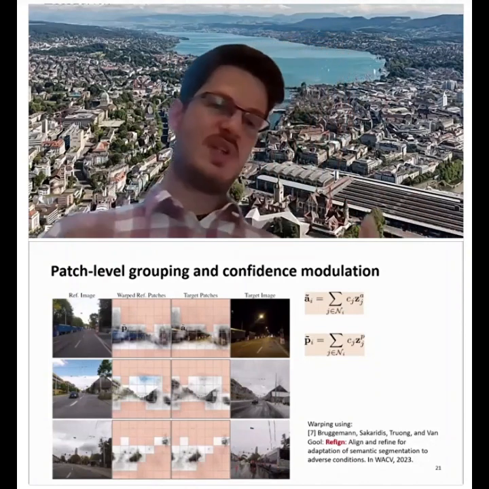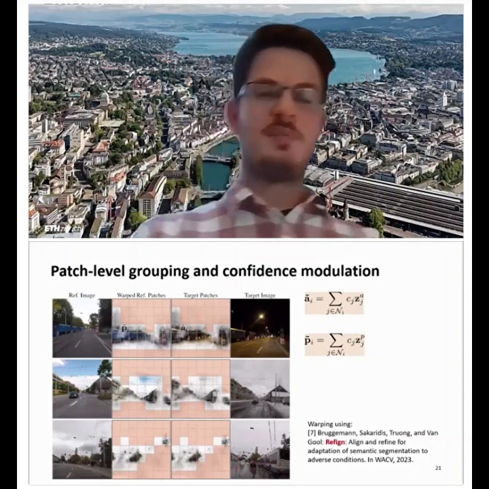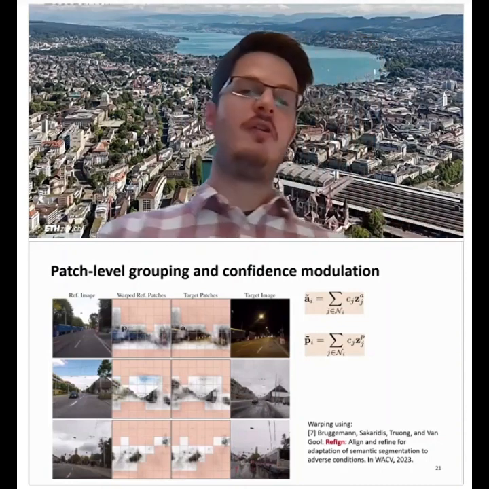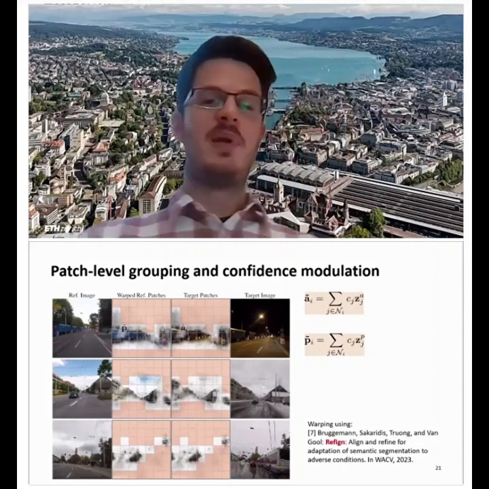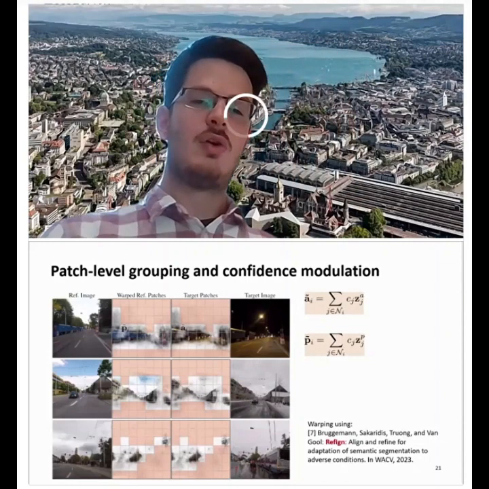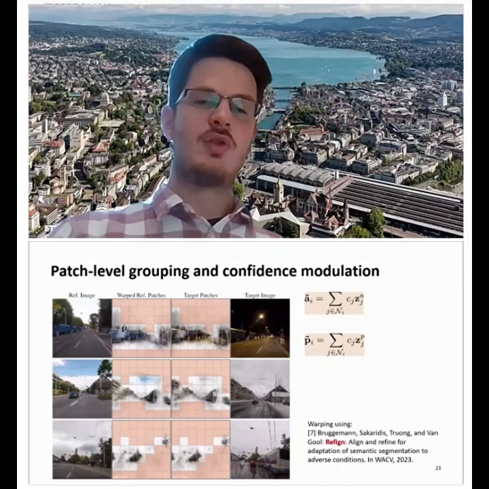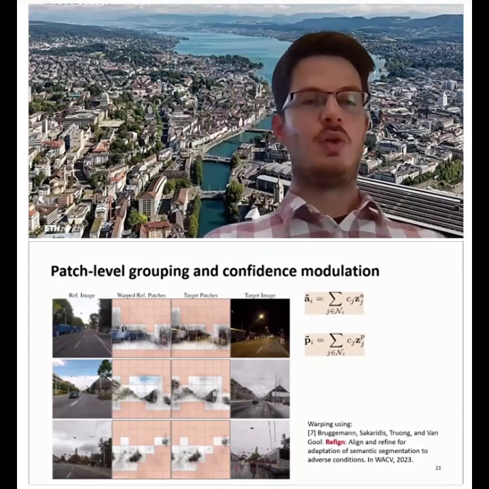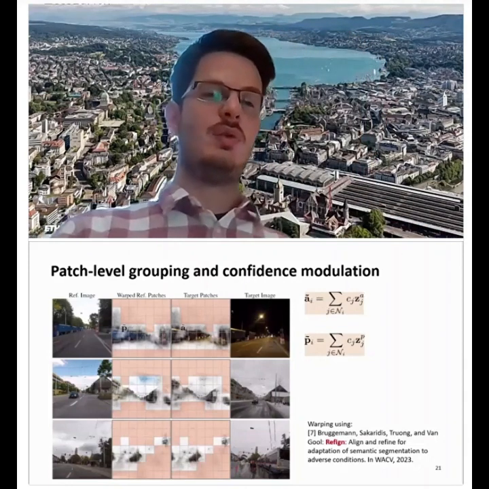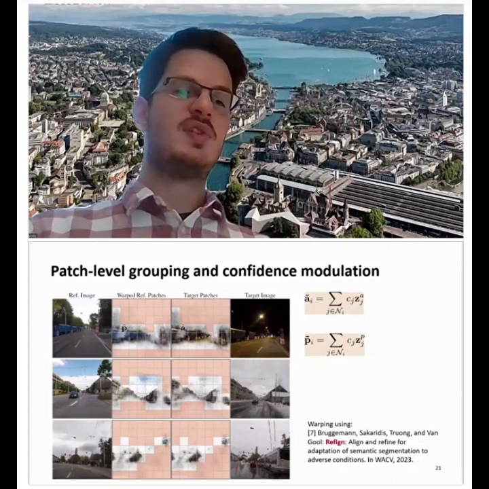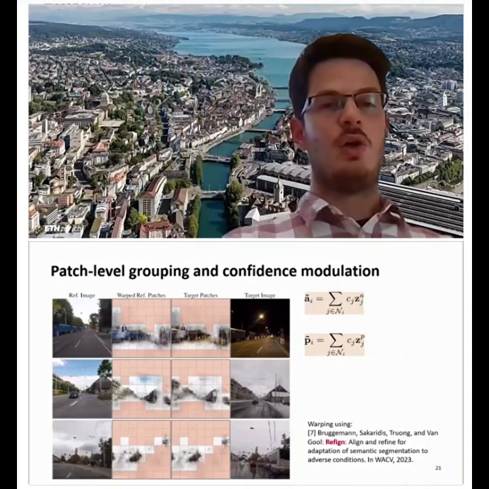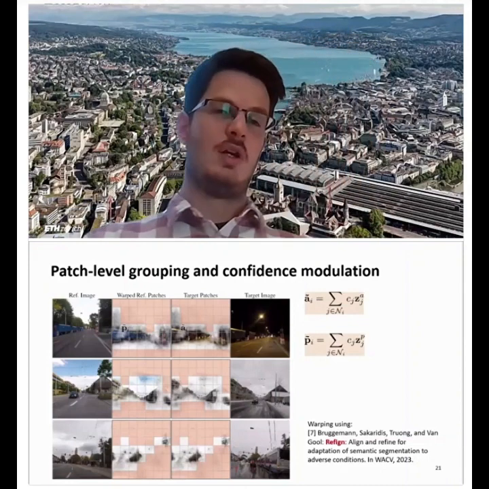So we said before that we have this misalignment between the reference image and the target domain image. So we use a warping from a previous work of ours called Refine in order to align the two feature maps. And this warping also gives us a confidence that I present here with the white color in the middle columns.